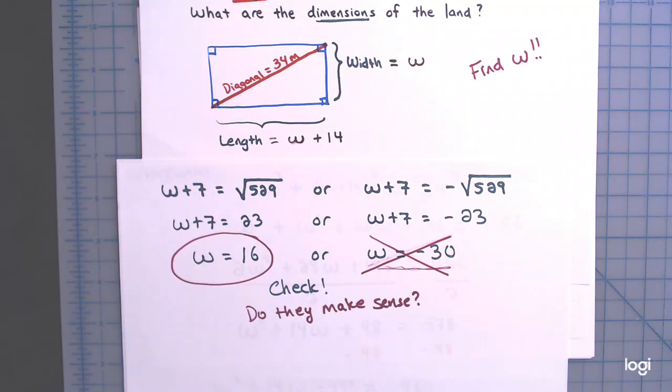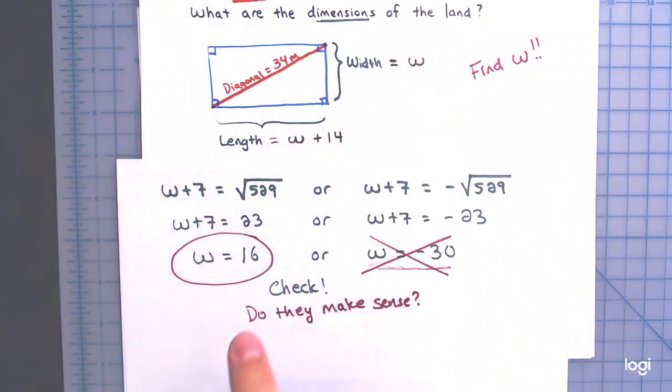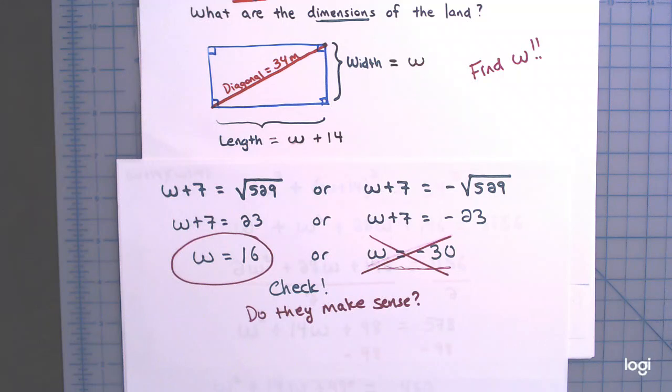Alright, now you might think that you're done. I know that was a lot of work, but you're not. We're not done yet, because we have to answer the question. What are the dimensions of the land? And as I've said before, you should also be answering word problems and application problems with complete sentences and units on your numbers. So just circling W equals 16 isn't the end. So the way I would answer this,